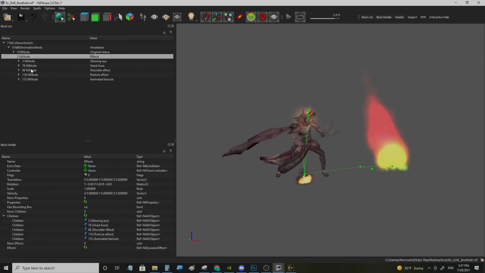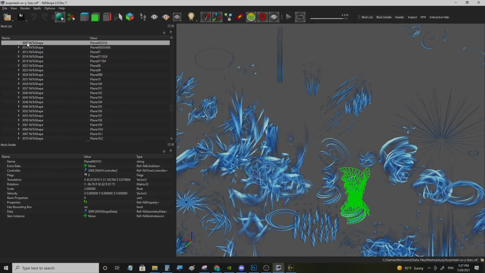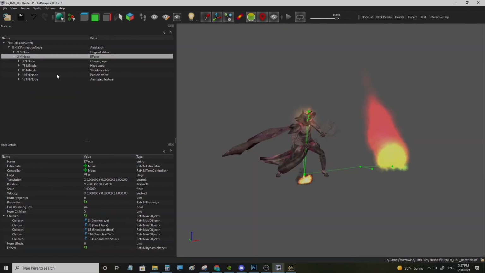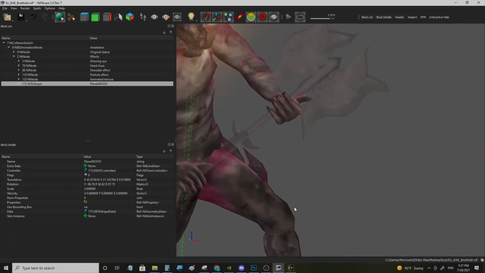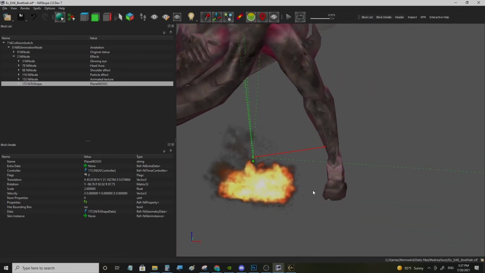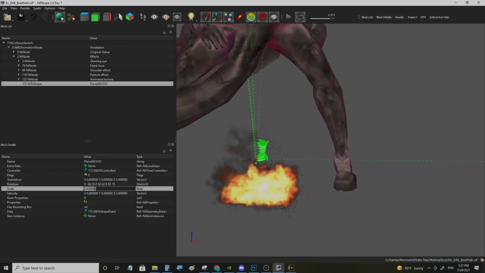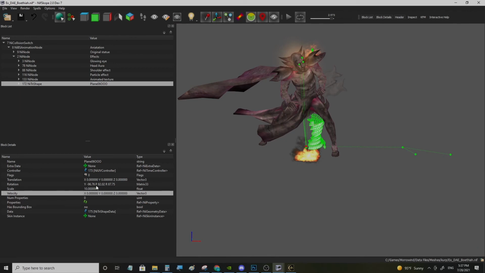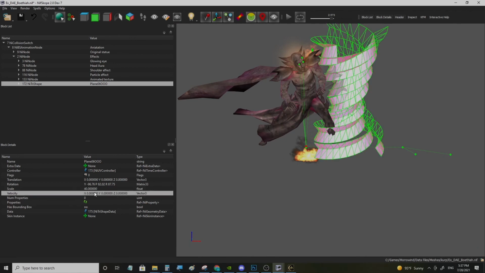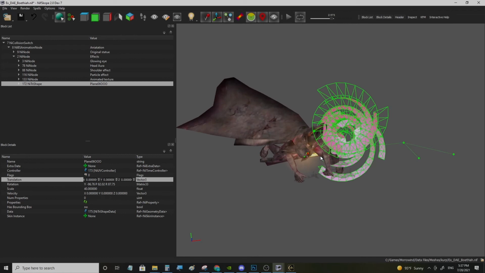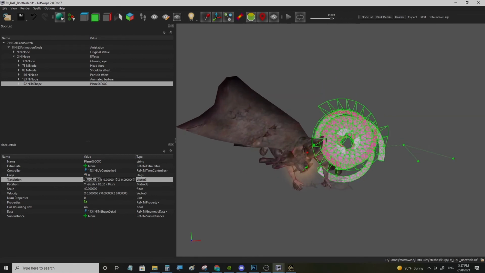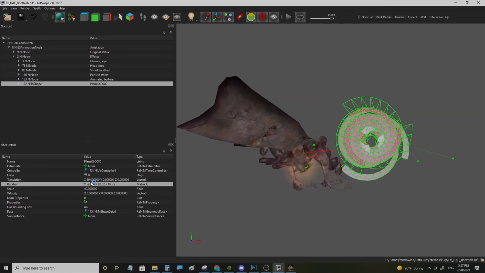I paste it here. Ctrl C, Ctrl V, and it is here, but I reset the translation to 0, increase its scale, maybe move it to center,